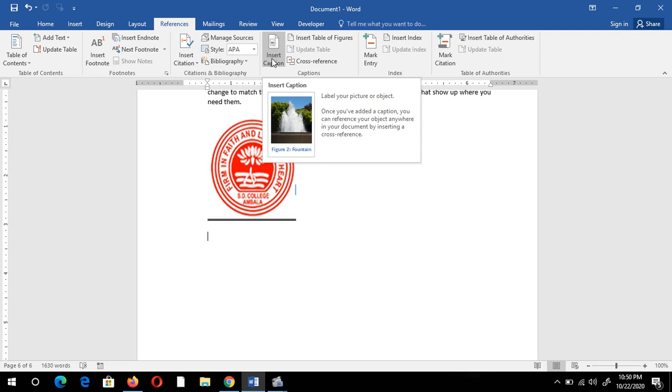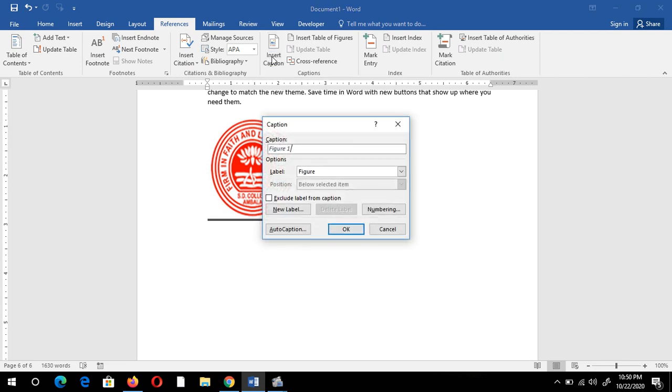I have to click here, insert caption, figure 1. I can write figure 1, and suppose it's a logo. I want figure 1 and the name of the figure is logo of the college, and I just want to include it.